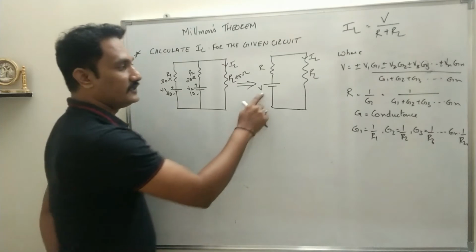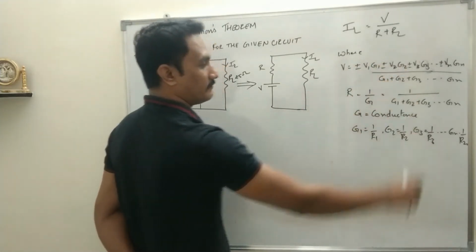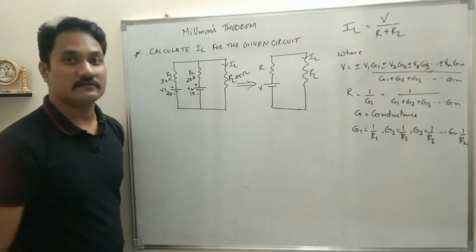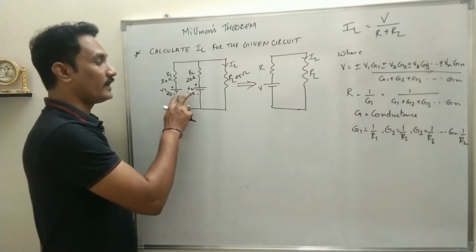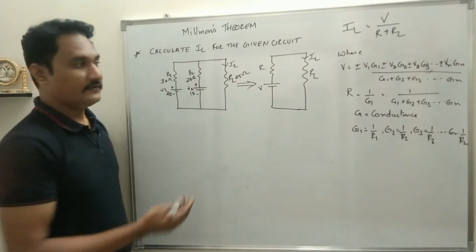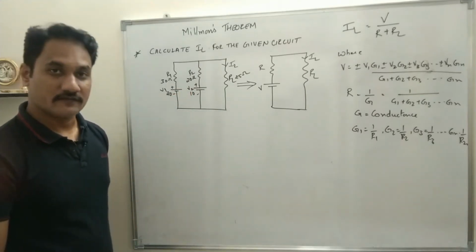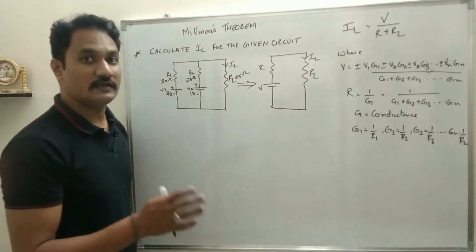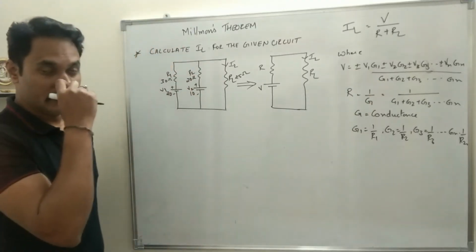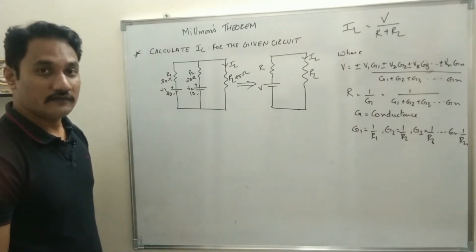Okay, so what is V? The formula is specified here. The plus and the minus sign is specified because of the polarity of the source. If they provide same current through the load resistance, plus sign will be there. If they are with the opposite polarity, they will cancel each other. Therefore, the current through the load resistance will differ. Therefore, the negative sign convention will be used. As I have told you, G is the conductance, which is reciprocal of resistance.